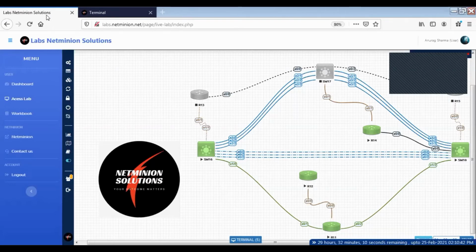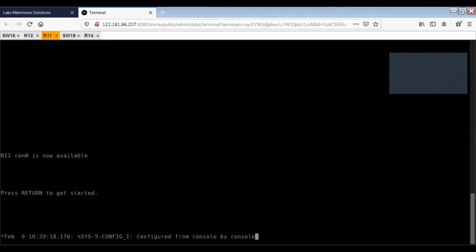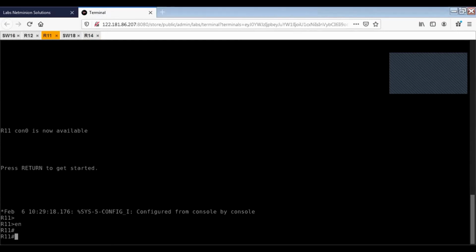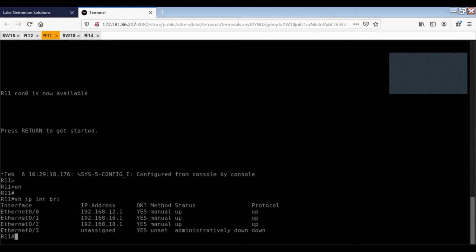So first of all, we create the OSPF from R12 to R11. No, R11 will create it in area 0. So first of all, R11. We have these three interfaces.